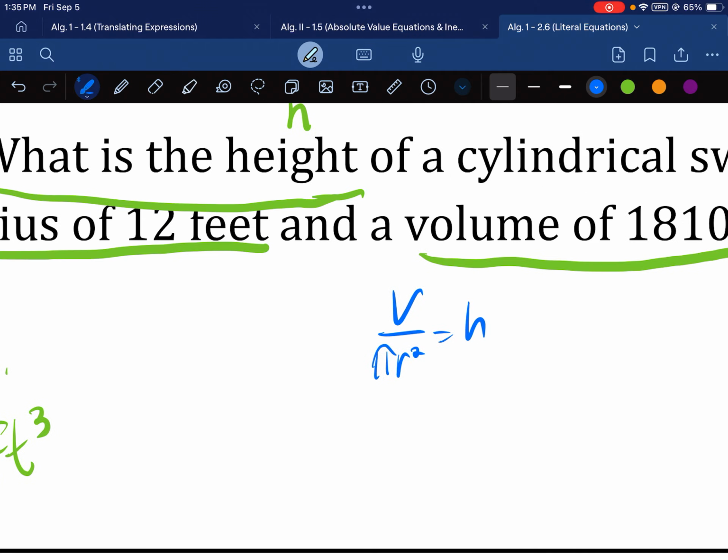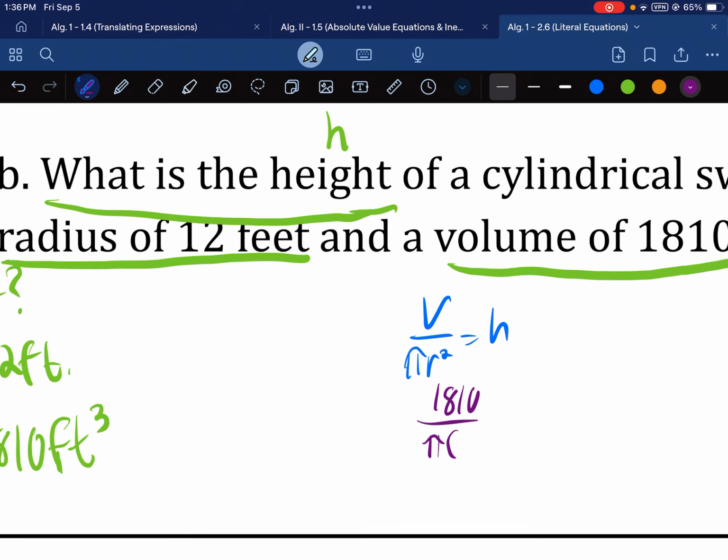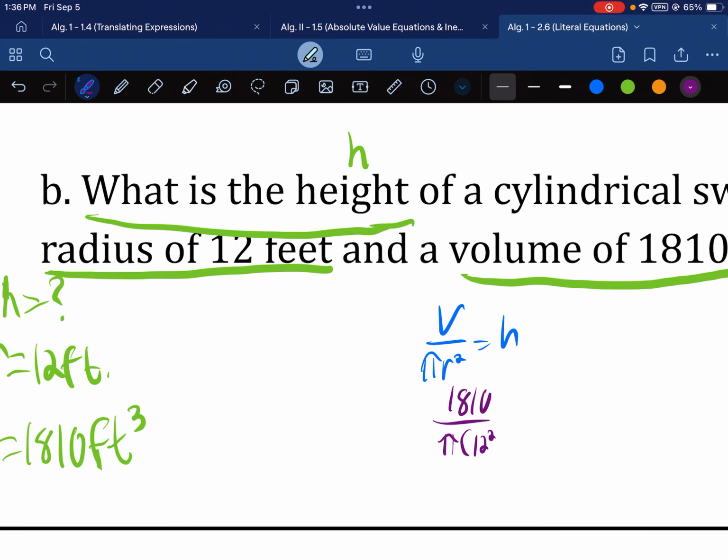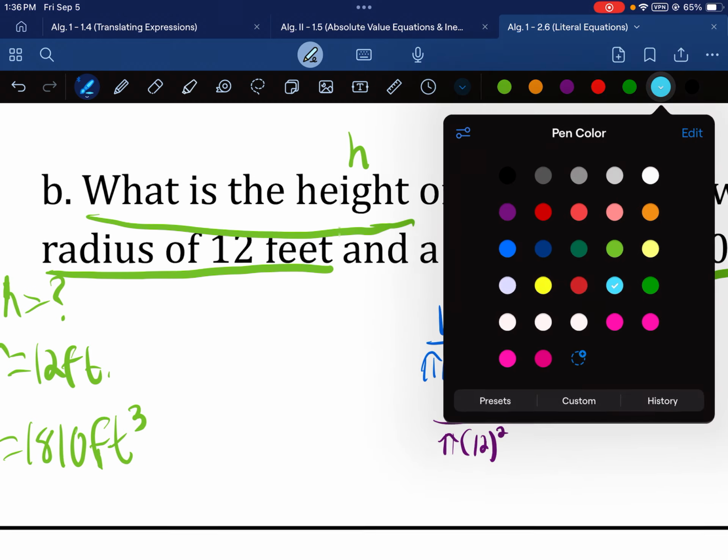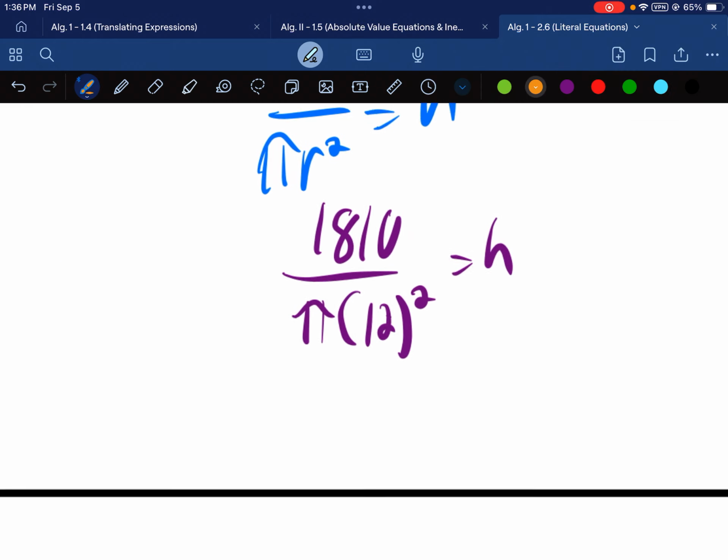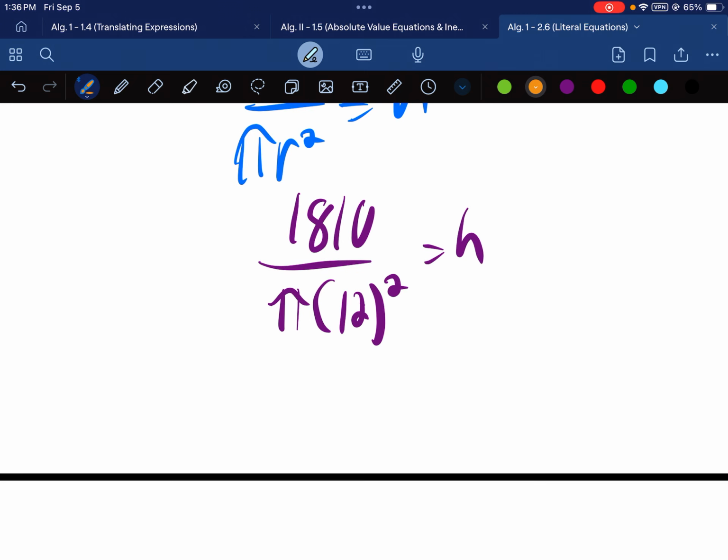Plug in r and V, and we get 1,810 over pi times 12 squared, or r squared, equals h. So here I do 12 squared, and I end up getting 1,810 over, I'm going to switch the order of these two as well, so I put the regular number first before pi, 144 pi